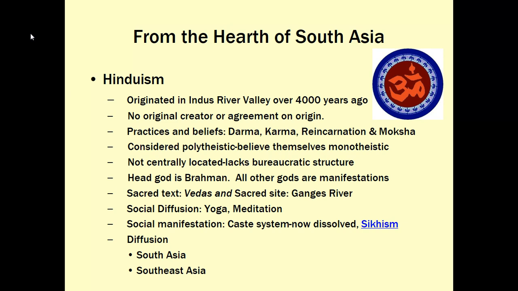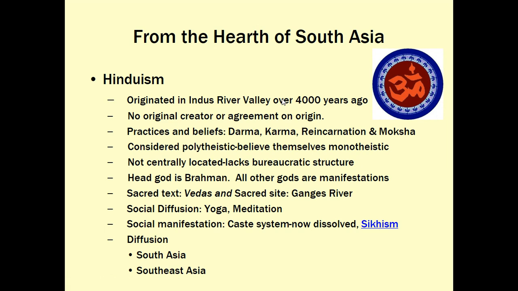We know that it absolutely was being practiced in the Indus River Valley 4,000 years ago. We have record of that because that's when the Vedas were created. So we know that people in the Indus River Valley 4,000 years ago started writing down some things that were Hindu. But we don't really know who came up with the idea of Hinduism,